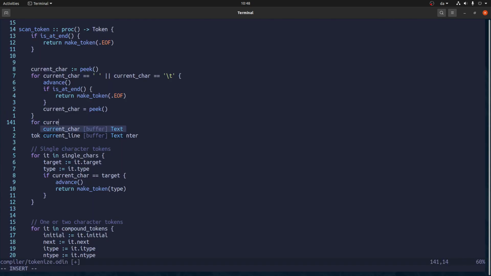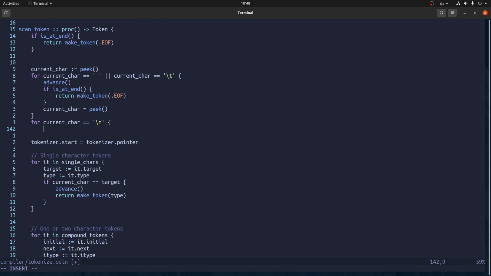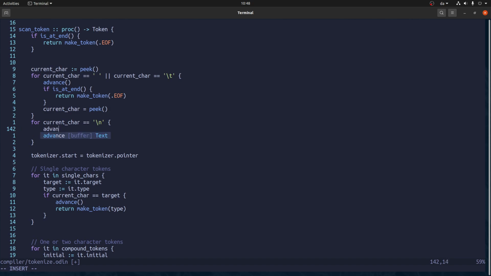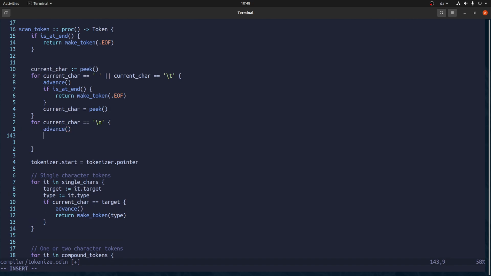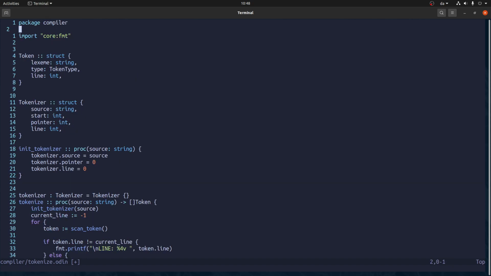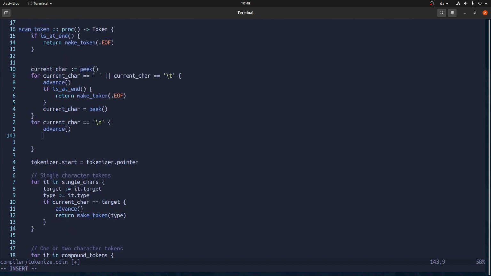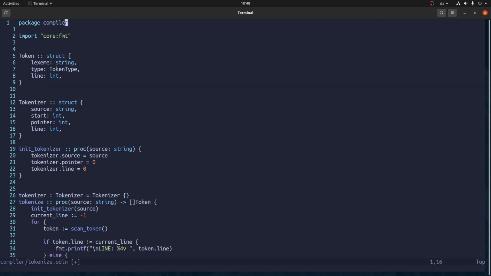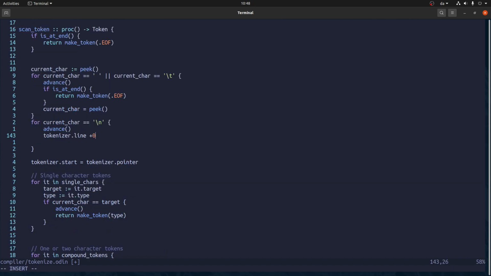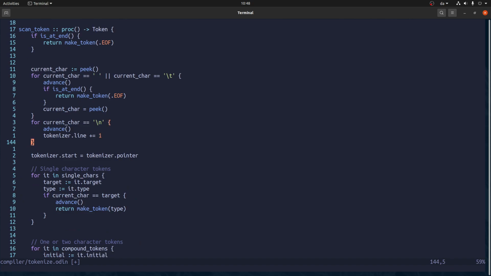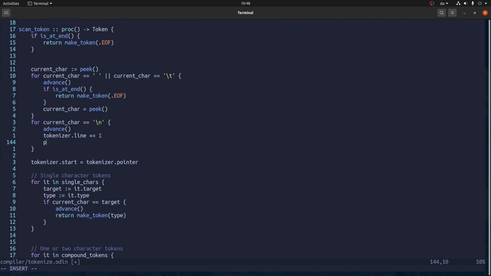So let's just imagine that we could do that. So if we get a new line, what do we want to do? We want to advance, and we want to say this global tokenizer guy, it's just line, should increment the line number by 1. And then we have to look at the next one.